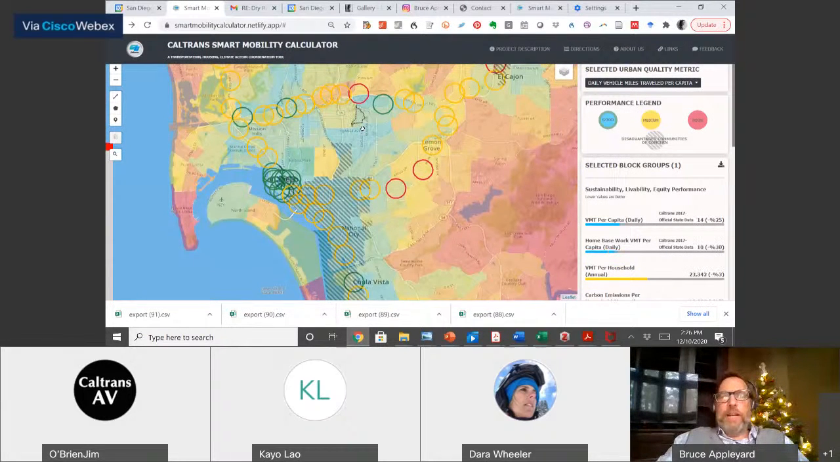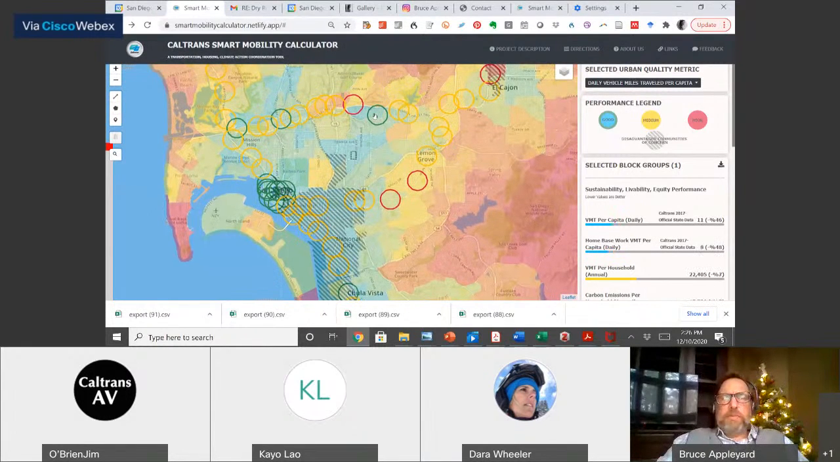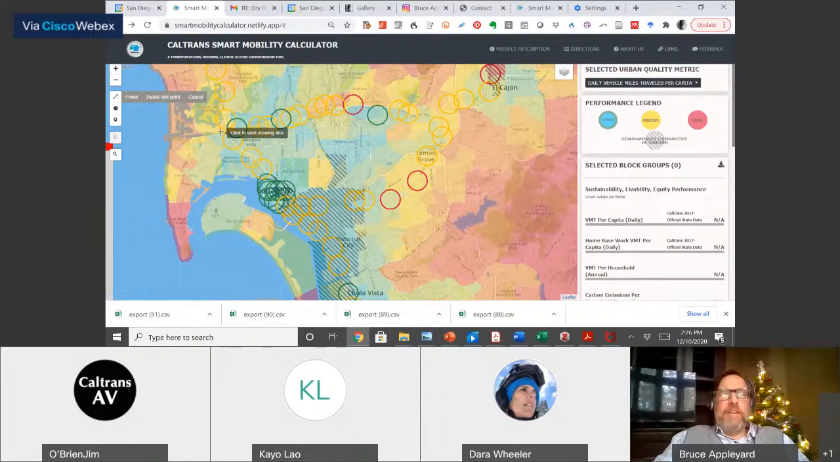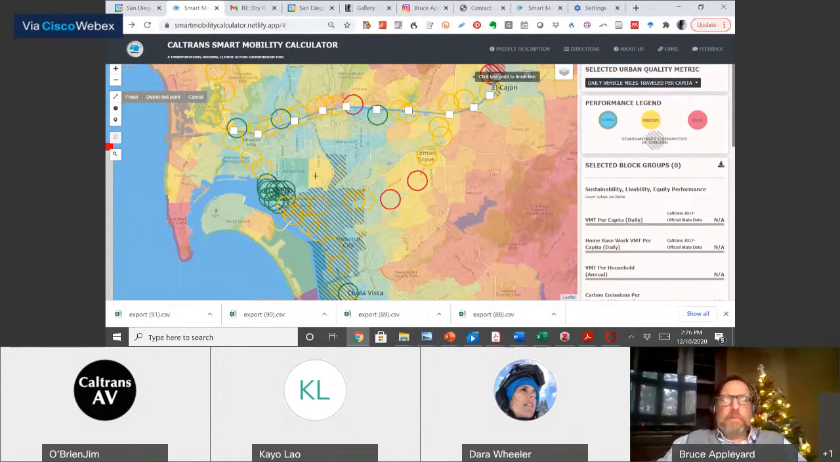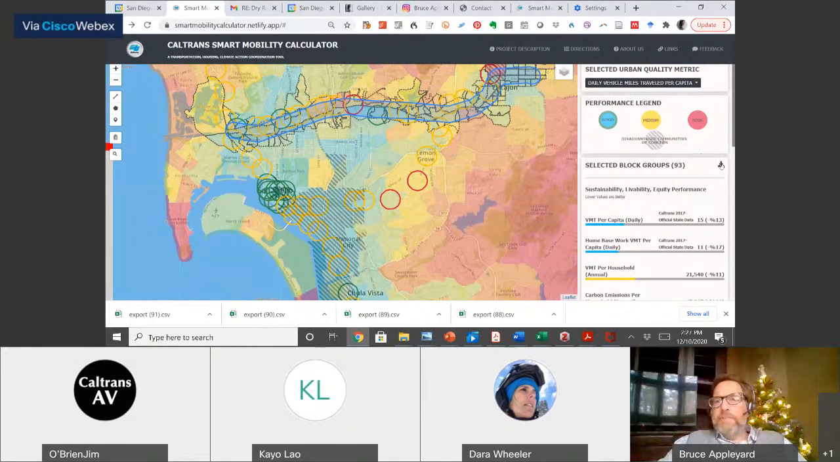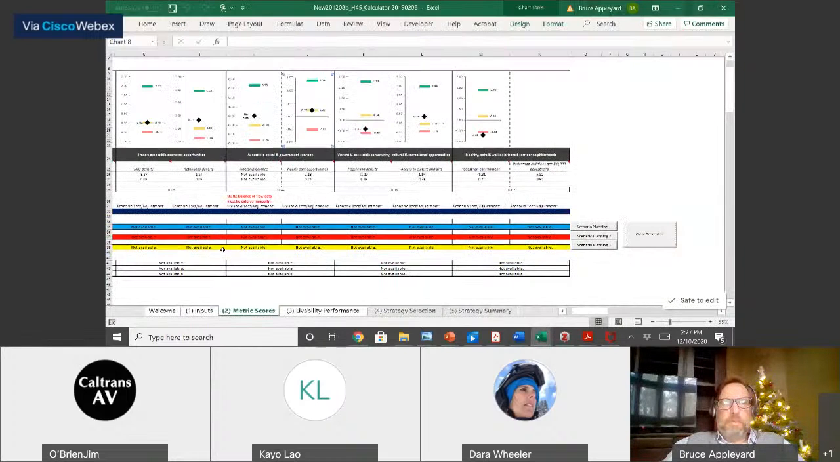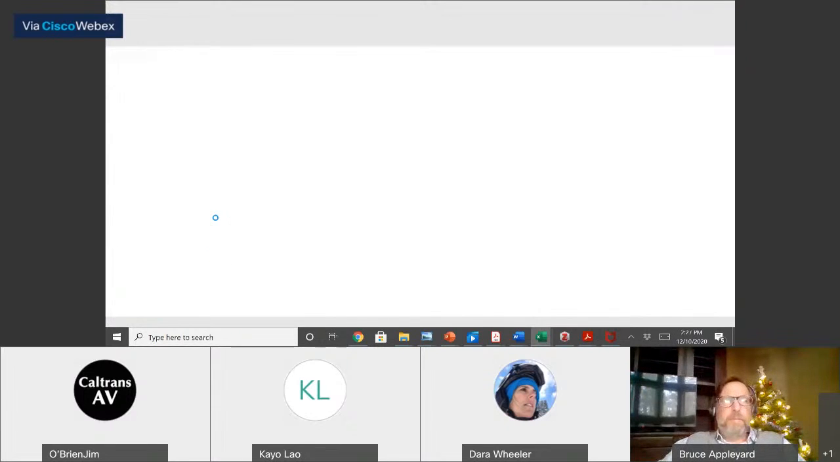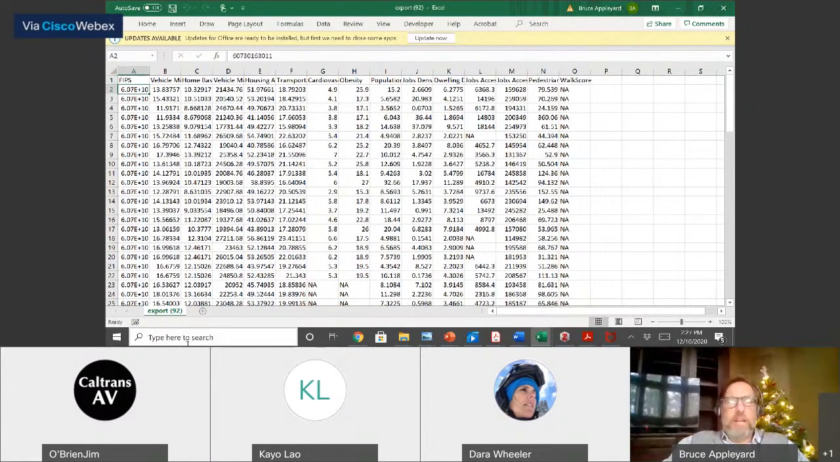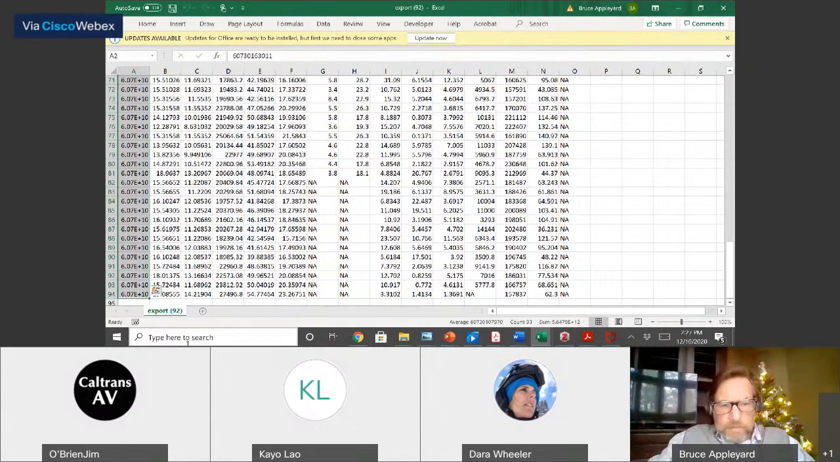So you should see me working with the calculator right now. And I'm going to draw a line along the I-8 corridor, as this will be our test corridor. Download the data. And those first columns are the FIPS codes for each of the census block groups. So you select them, copy them,